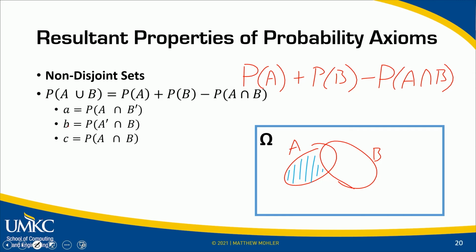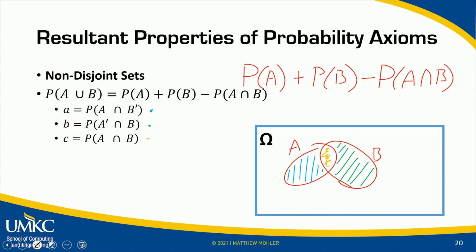over here. And just so we have a little bit of a legend, the other area that we can look at is the area B, or little b. And so that is the area that is part of B, but is not part of A. And so again, that's going to be this section right over here. And then the last area that we can look at is little c, and that is the probability where A intersects with B. And so that is the area that is shared between both probabilities,